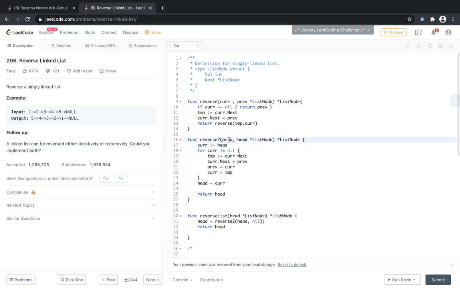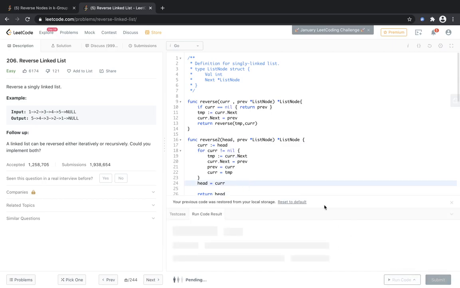Okay, so previous is nil, which we are passing here, and the whole code is same as I explained, and this should pass.